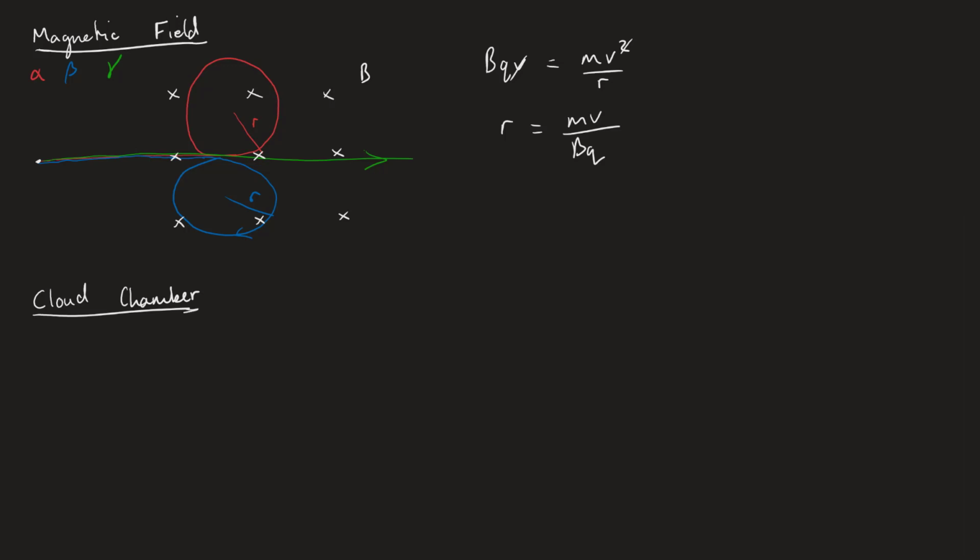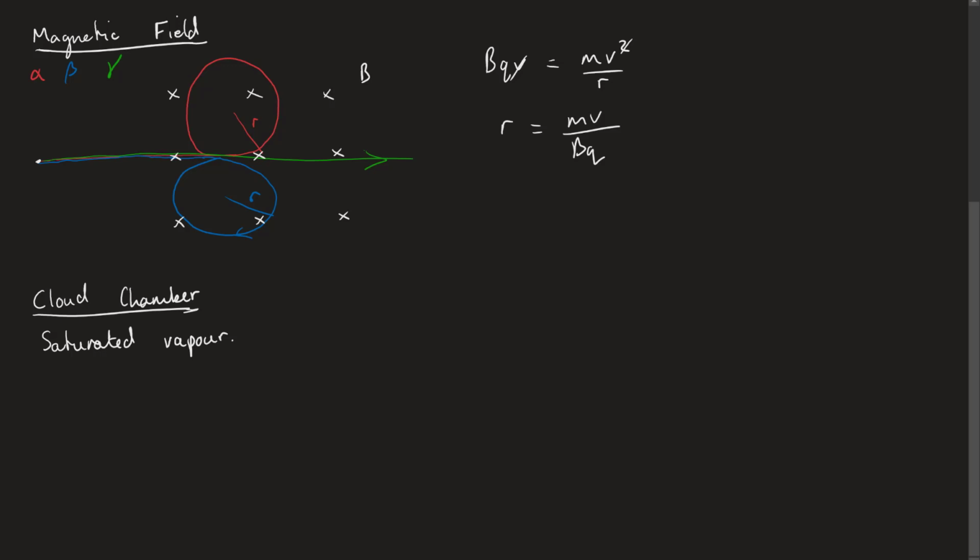The cloud chamber uses the fact that all of these types have a specific kind of ionizing ability. Now, what we find when we structure a cloud chamber is we have what we call a saturated vapor. So we just have a chamber full of a saturated vapor that